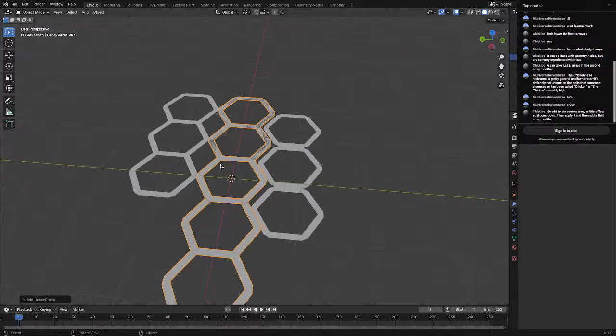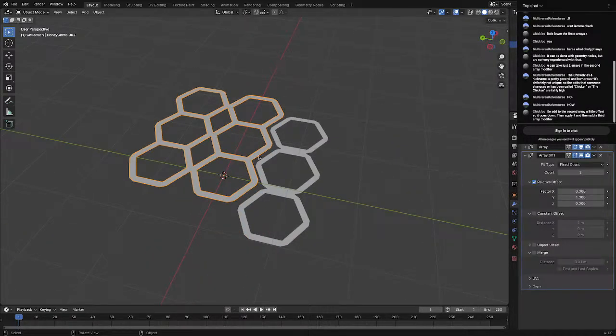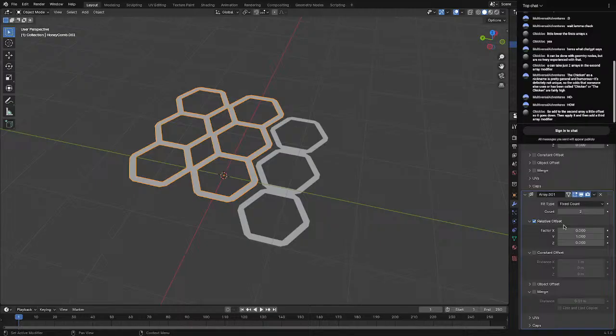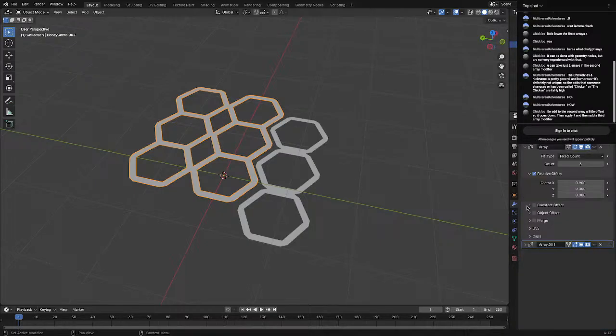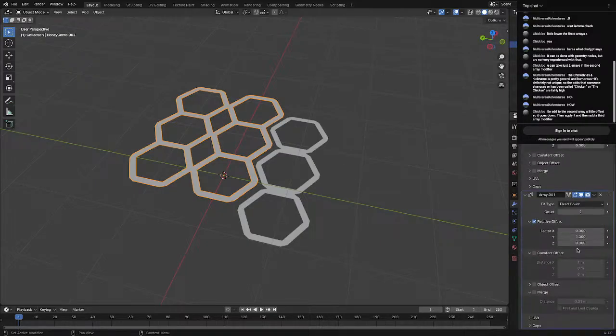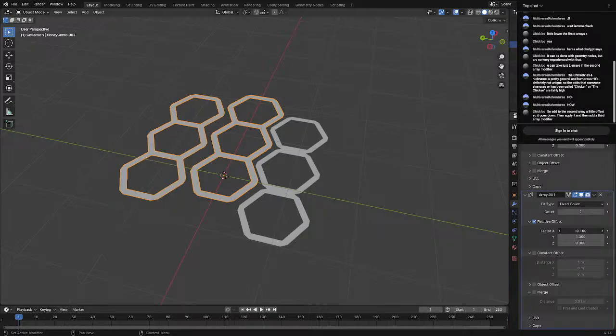Oh wait, I don't know what I'm doing. Yeah, you're so right. Because I don't really care about making this repeat infinitely. I only want two things, right? That's all we need. So let's try negative